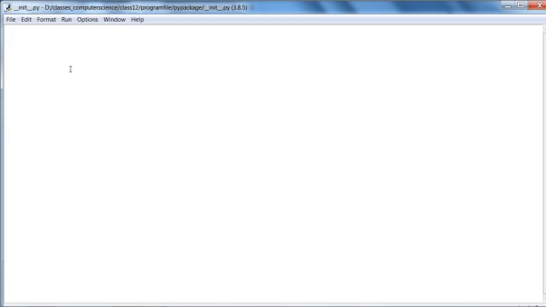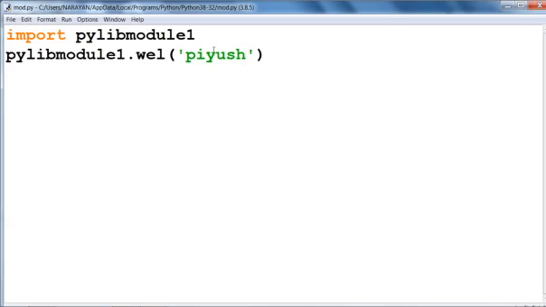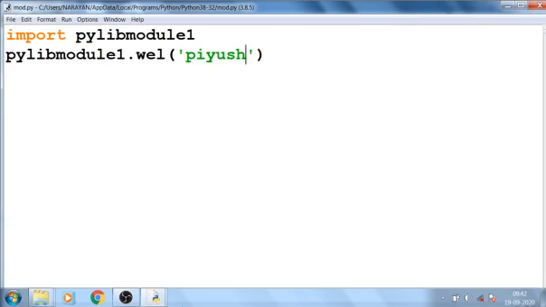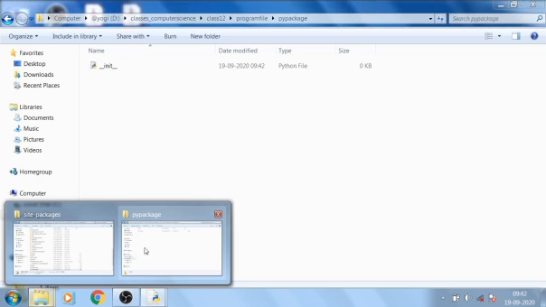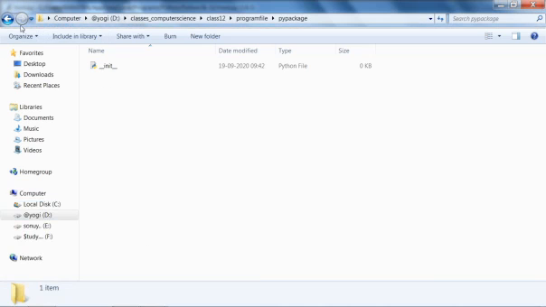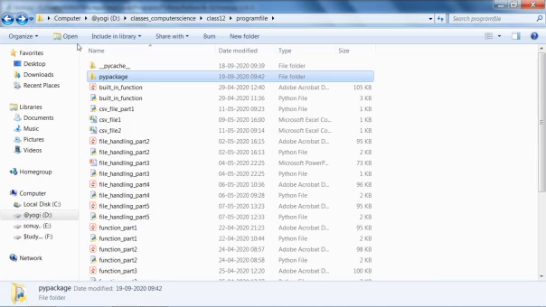So now we can define any module in our file. You can see that this is our __init__.py file that has been created.